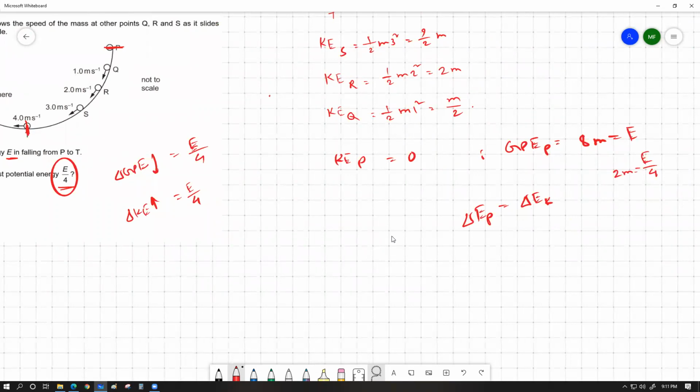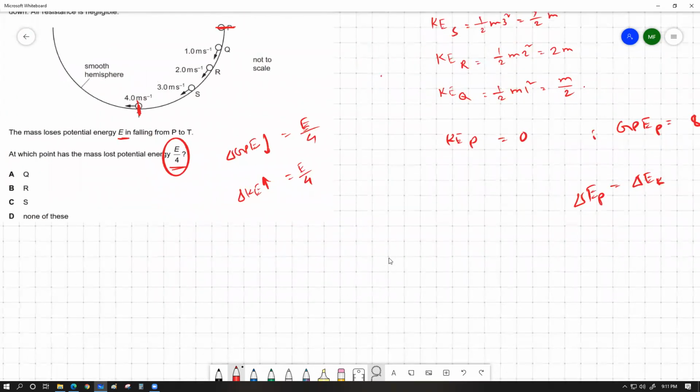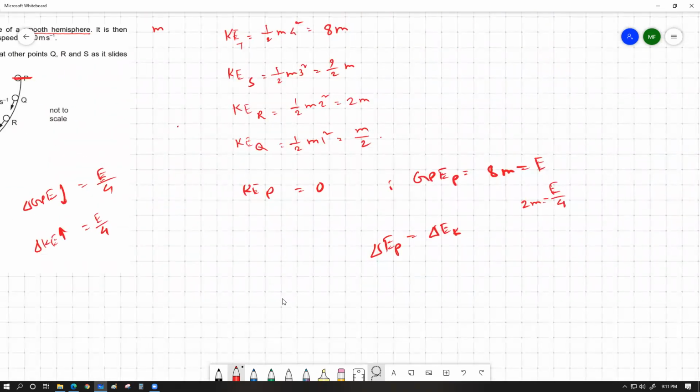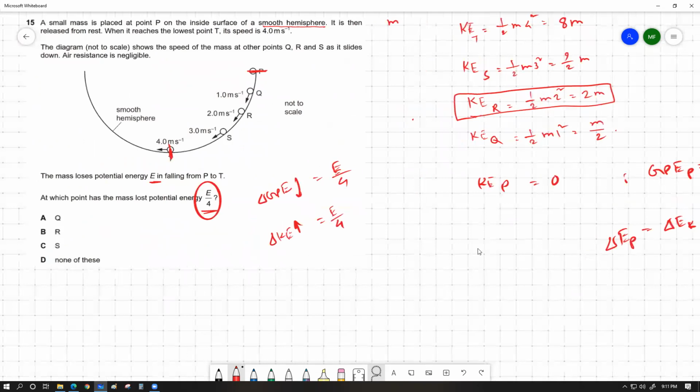2m হওয়ার কথা না? বুঝো কোশ্চেনের ওয়ার্ডিংটা খেয়াল করো। At which point the mass has lost E/4 potential energy? The location where it has lost E/4 potential energy, it would have also gained E/4 kinetic energy, which means you are trying to find out the location where the kinetic energy of the ball should be 2m. And এখানে দেখো কোন পয়েন্টে 2m হইছে, এই পয়েন্টে কাইনেটিক এনার্জি 2m হইছে, দেখতেছো? Yes, sir. রেসপন্স হচ্ছে r।